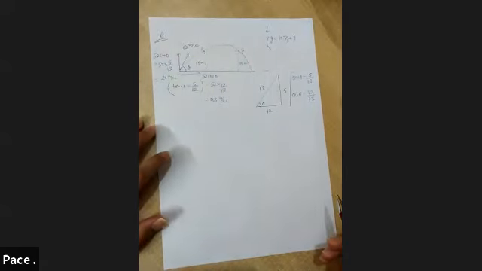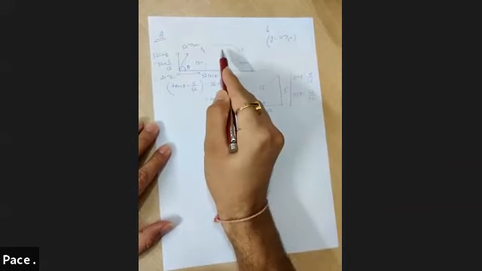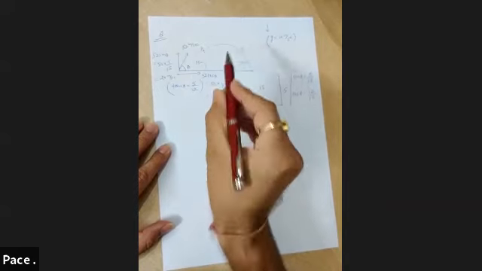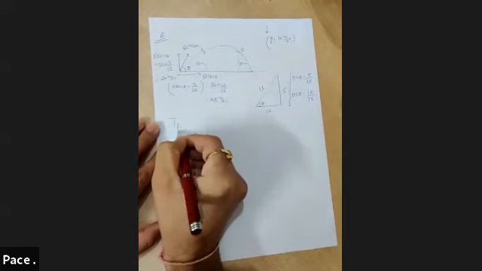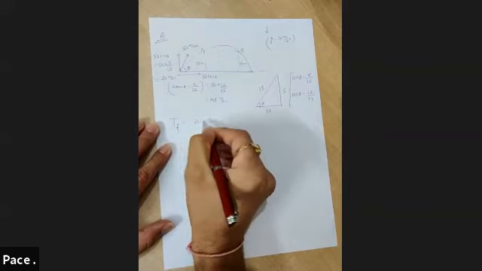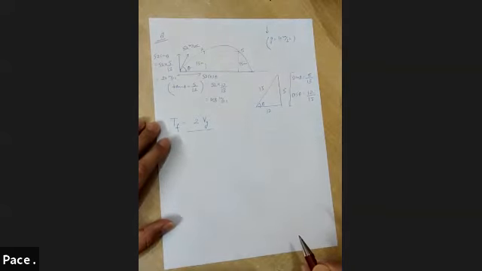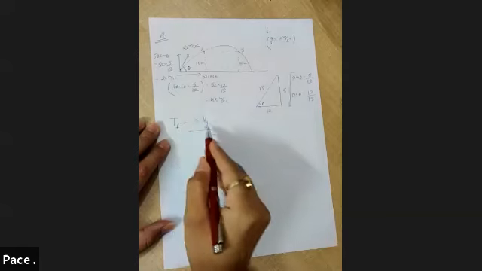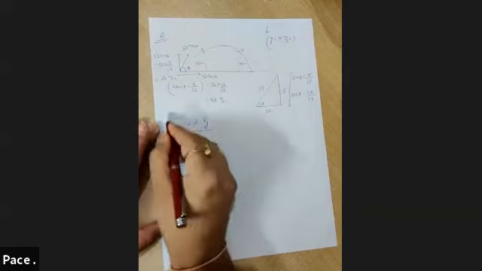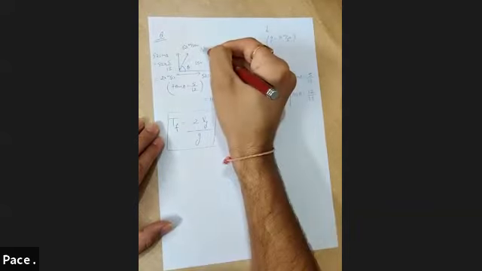Can you see a mini projectile from A to B? If I assume AB as another horizontal level, then from A to B, you can see there is one more projectile. And how do you find the time of flight of a projectile? Time of flight for a particular projectile is nothing but 2 times Vy upon g. Vy, I told you earlier, is the vertical component of velocity. It is 2 times the initial vertical component from the point of projection upon g, acceleration due to gravity. So your job is to find out the vertical component of velocity at point A.